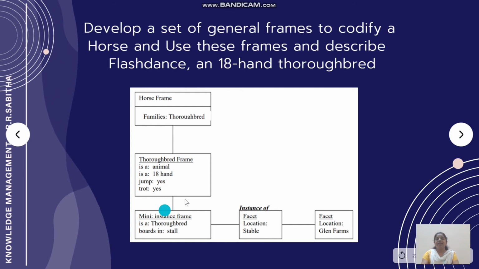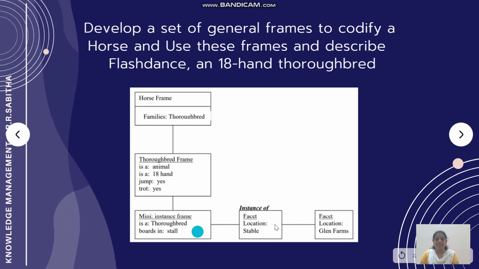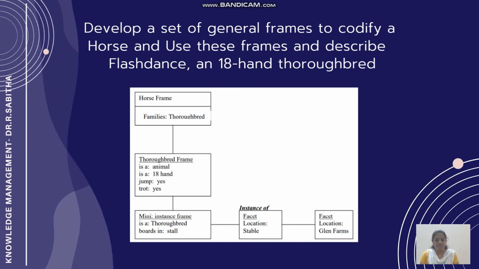Okay, and then we also have to refer to the location of this. Because in any person or animal you're talking about, the location is very important, because it is a spatiotemporal fact of knowledge. So in that case, again there is a frame which represents where the location is. Okay, so this is how you will be representing frames and the corresponding slot and facet values when a scenario is given to you. We will also see a few other examples